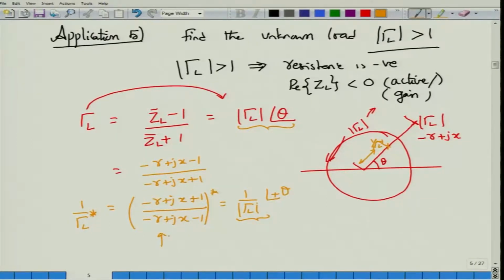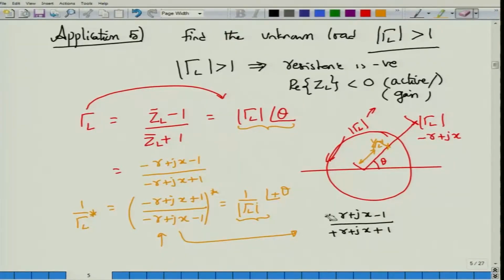But what happened to this quantity? Well, let us expand this quantity here, okay, and see what can be simplified. By taking the complex conjugate, the sign of this plus Jx will become minus Jx, right. So, I will get minus R minus Jx plus 1 divided by minus R minus Jx minus 1. If I take this minus 1 as a common factor everywhere in the denominator, so I can replace minus values here by plus values, correct, and that minus 1 in here when it goes and gets multiplied becomes plus here and the plus sign to the plus 1 value will become minus 1.